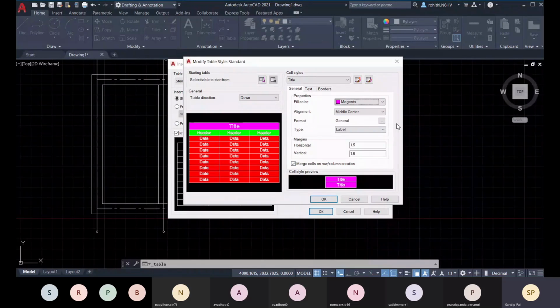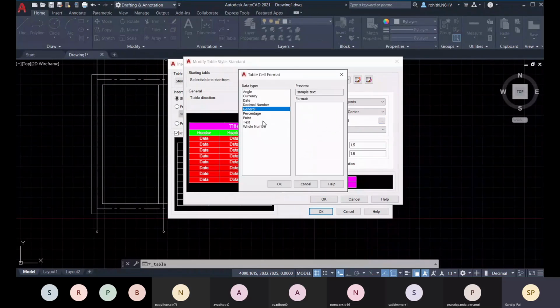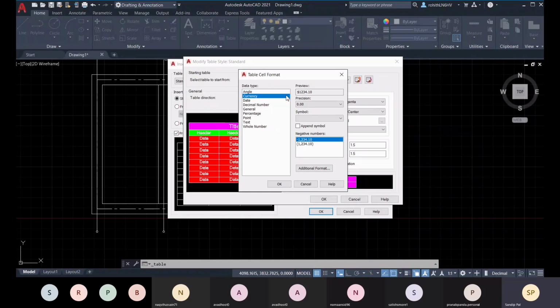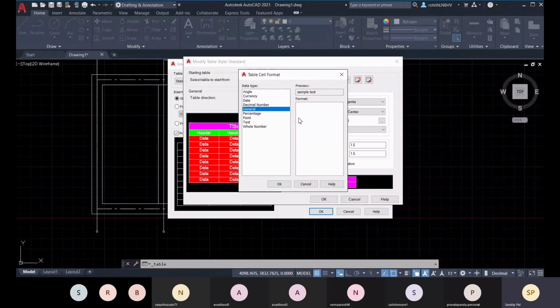Okay, and the format is general format. You can change it to the currency format. You can choose currency. The data type is general, so you can fill in anything.